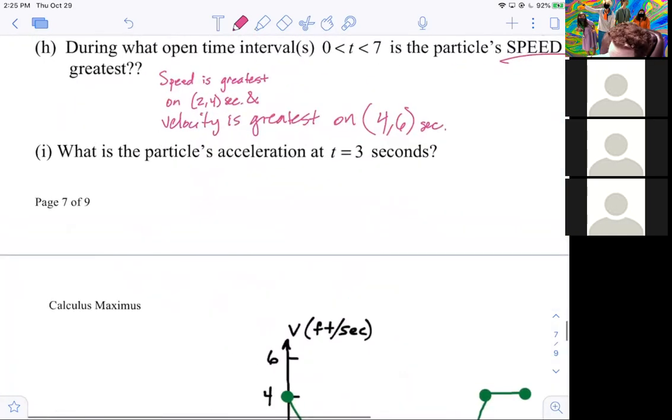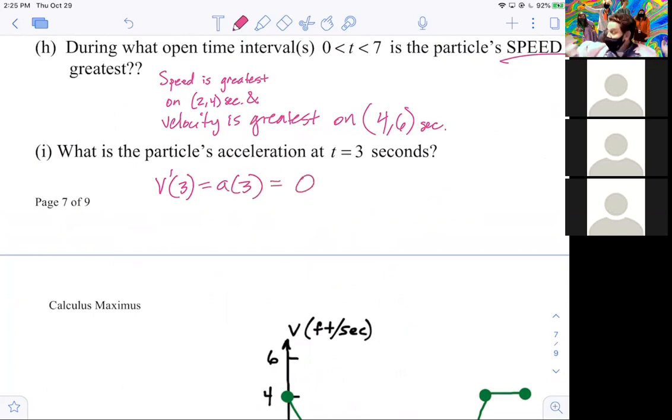So I would just say V prime of 3. If you want to go ahead and define that as A for this last problem, you could do that, okay? It's 0. And it doesn't ask you to justify, but it's always good to be prepared to justify, whether it's